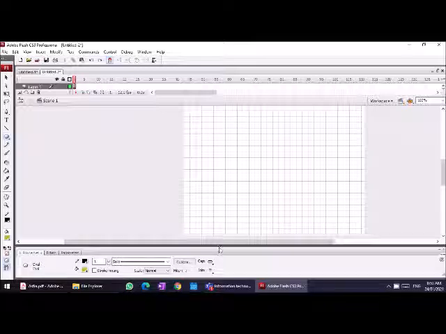So I will make them both, and you can see the difference. While making a circle, it's better to press the shift key to make it an exact circle.